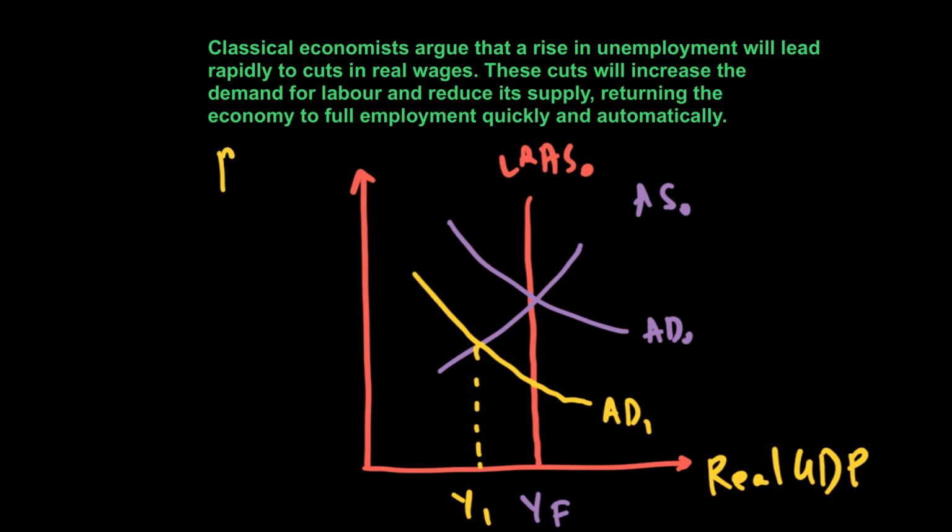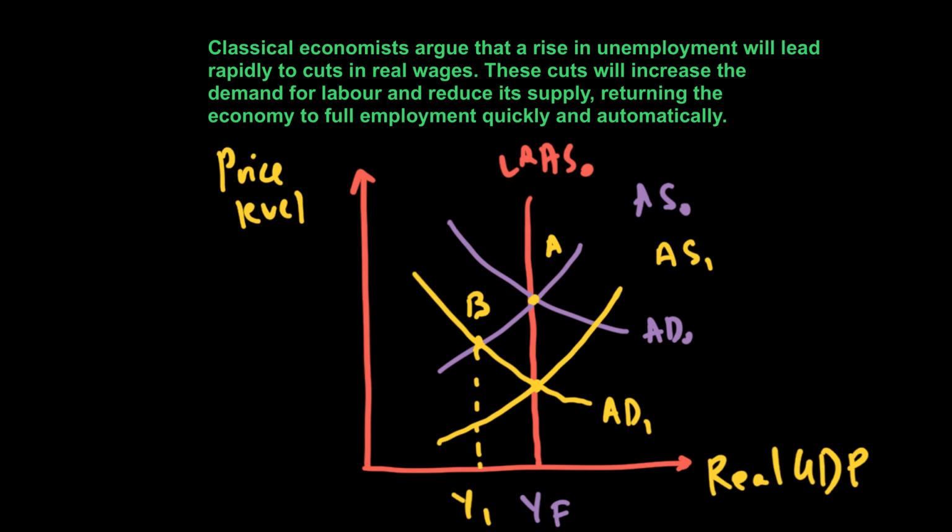Y1 minus YF. So, according to the classical economists, if this is a situation that happens where the AD goes down, then there will be what we call a complete flexibility of wages, where workers are willing to take a wage cut. When the workers take a wage cut, your aggregate supply goes up to a level where it comes back to what we call full employment, that is at YF again. So we started at point A, fall of demand made us go to B, and then the wages